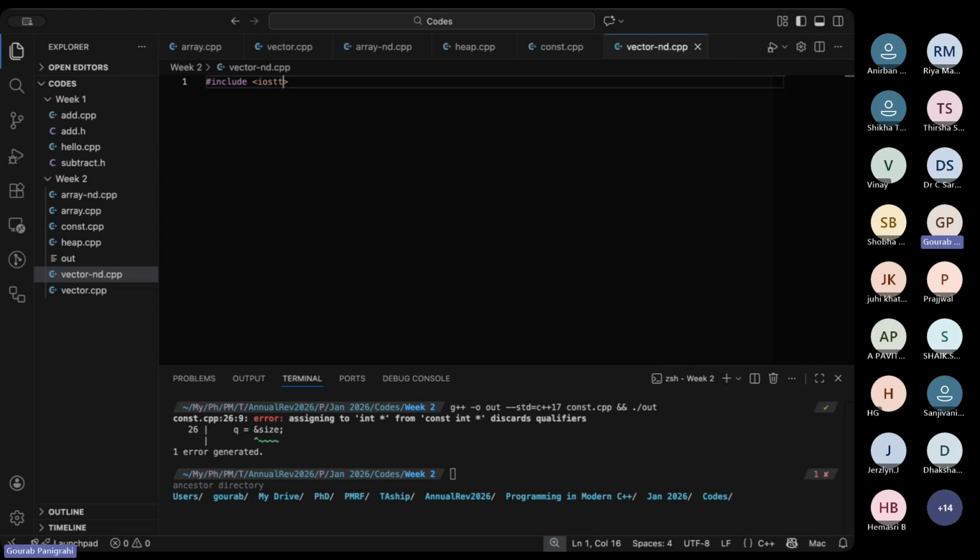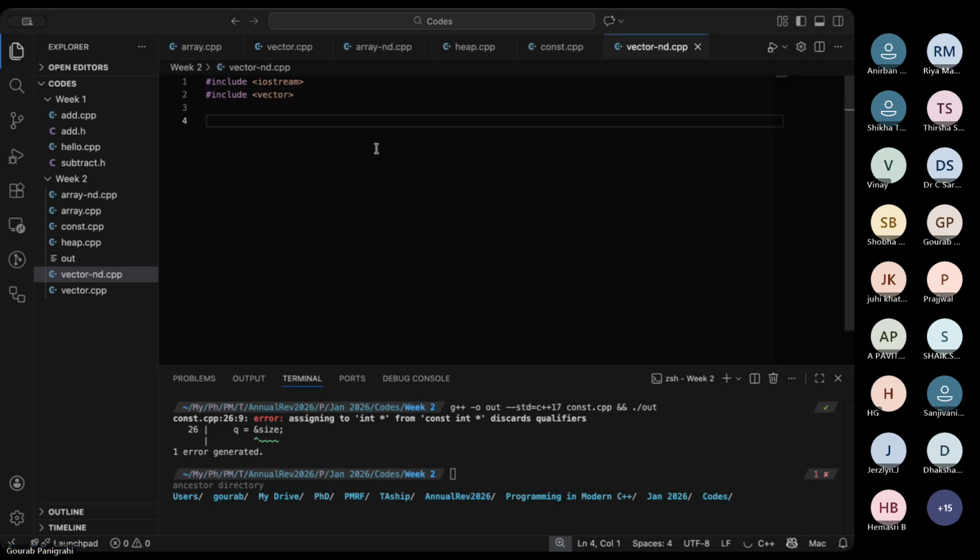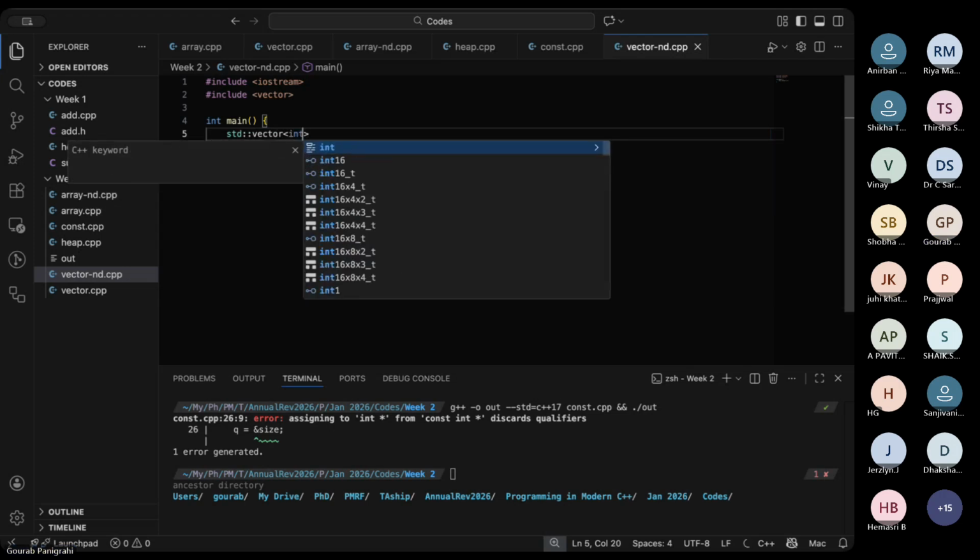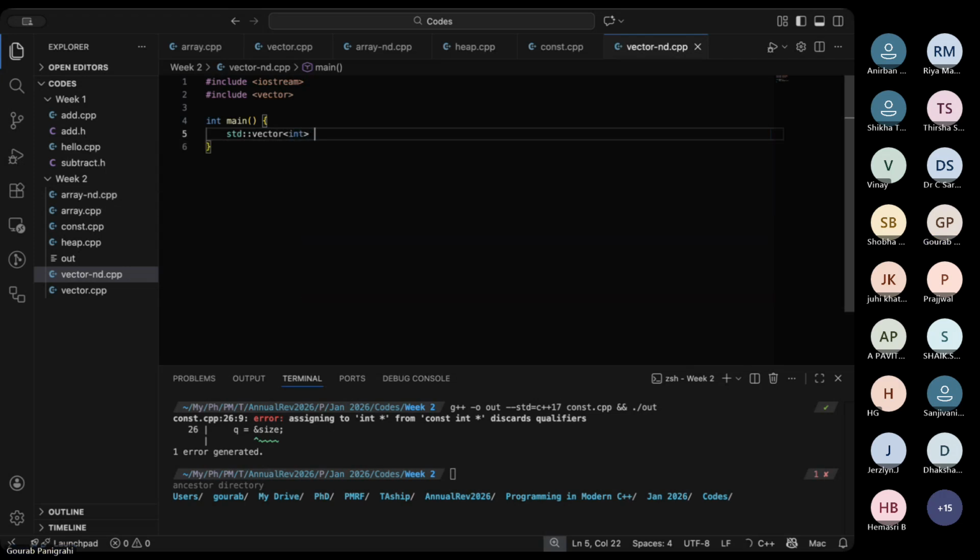To get more perspective into how to use the vectors. I need the vector header file also. Let's make the standard vector of integers, A of size 7, and then B of